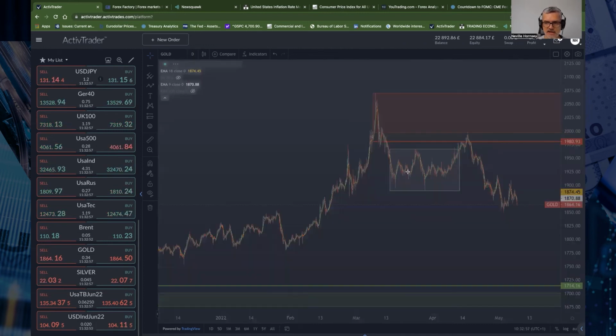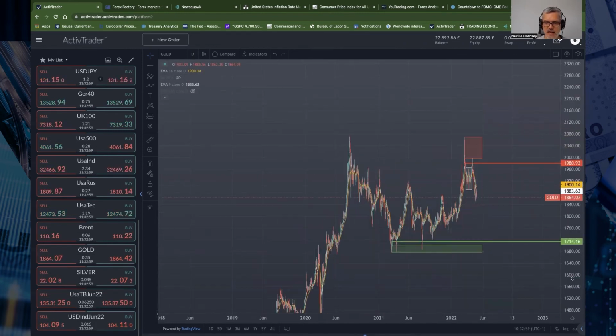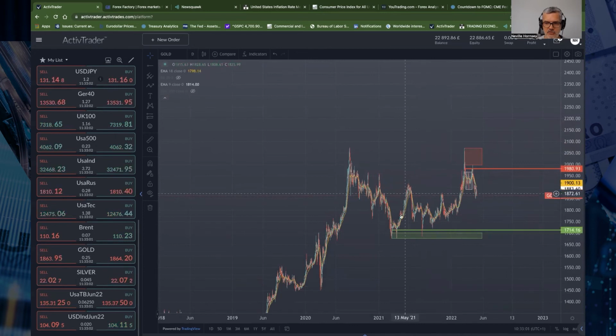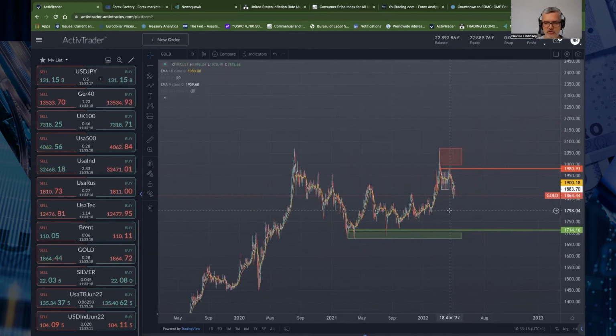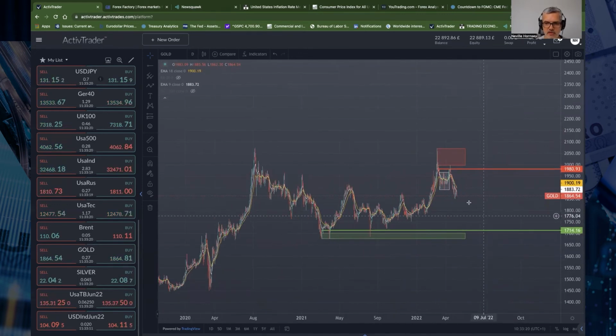Going to a daily chart, looking to the left, this big area here, this trading range from March 21 up to June 21. We traded in the middle of that range for a long time, around $1,800 per ounce. That's where I think the price is going to come back down to, possibly a little bit lower to sweep the lows here, looking for liquidity. And then we'll work out what's going on in the market then.